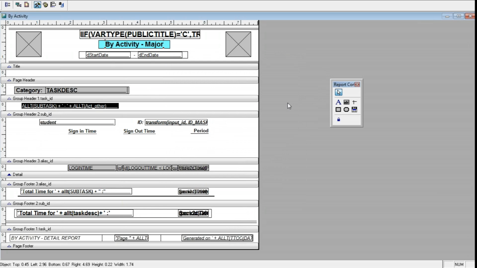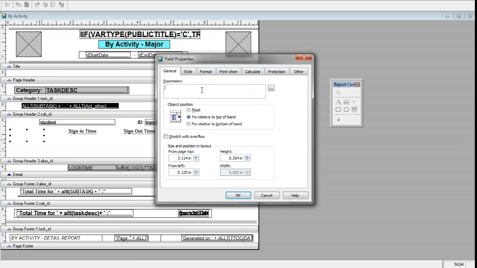Okay, and let's say now I need to add my profile fields. Remember I said major and minor, which are P1 and P2 in my case. But right here, I have something called field in my reports control box. I'm going to click that, and then I'm going to drag a little rectangle right here. Now once I've done that, it pops open a box where I can then add the profile field that